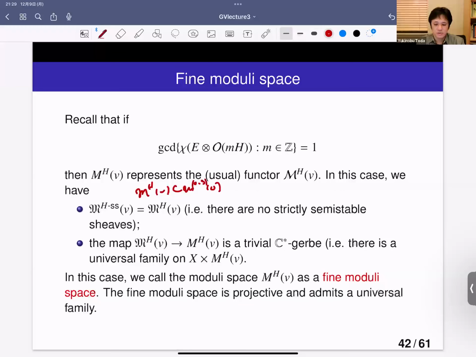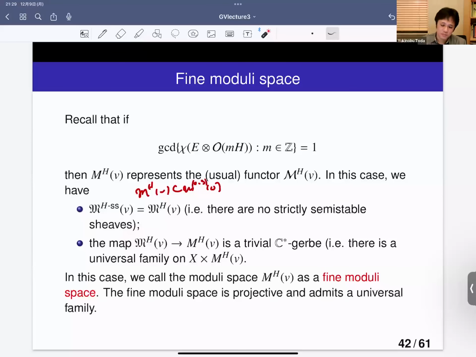But under this condition, this open immersion is in fact an equality. And also we have this good moduli space. But in the case of the moduli space of stable sheaves, there are no non-trivial Jordan-Hölder filtrations. So this map is almost the identity, or almost an isomorphism. The only difference is that because this is a stack, we have the information of